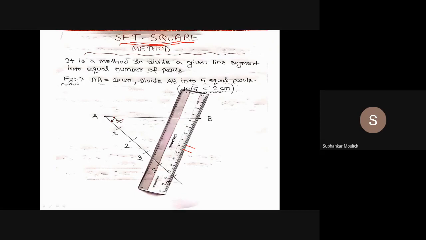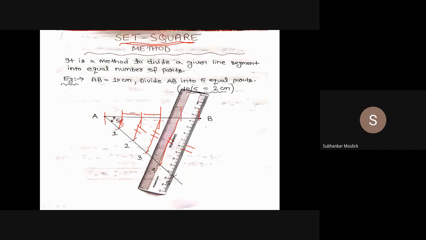That means with the help of a set square, if I draw a line like this, the line is parallel to the 5B line. From arc point 3, if I draw a line like this, it is parallel to this line as well as to this 5B line. Similarly, from point 2 and from arc point 1, all the lines are parallel. Then I got this length. This much length is how much? This is 2 centimeter. This much portion is 2 centimeter, this much is 2 centimeter, and so on. And my problem is solved.